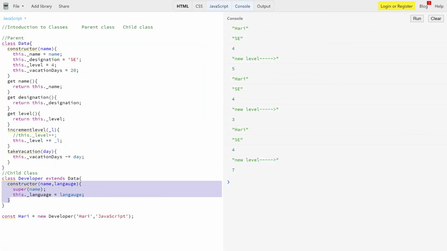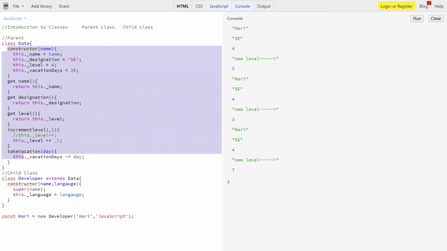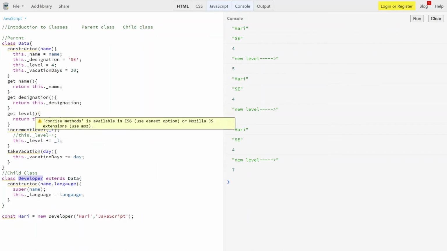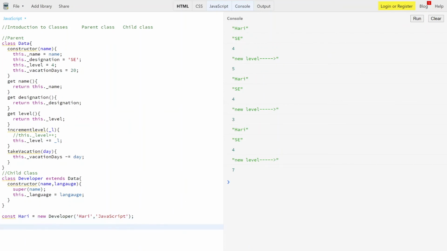As you already know, the child doesn't have this designation and vacation, so I can call this method because all this parent method will now get automatically inherited by the child class. Say I have created the object of only this child class. Now I can use that method which is primarily from the parent class.